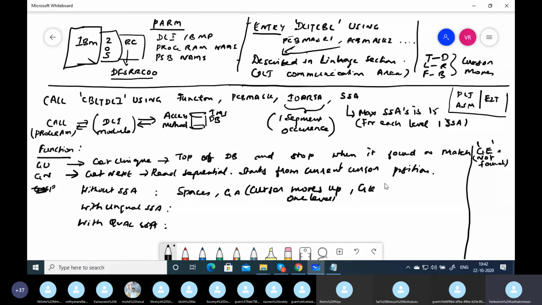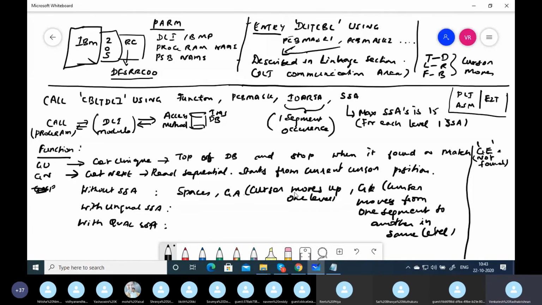And GK is when the cursor moves from one segment to another segment in the same level, meaning it moves from one sibling to another sibling. When the cursor moves up one level, we get GA, and we get GK when the cursor moves from one segment to another segment in the same level.